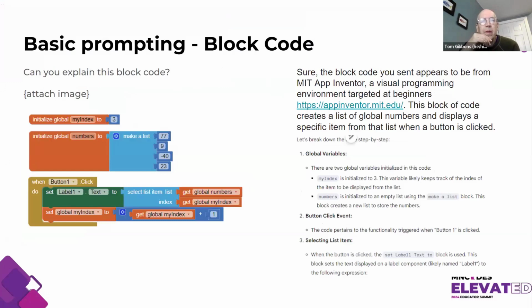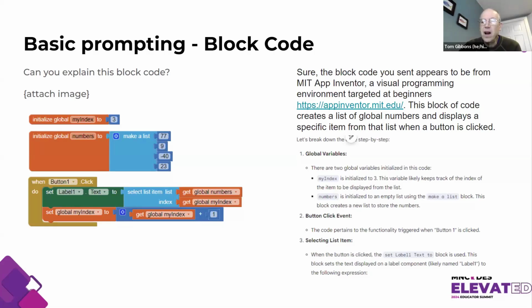I just want to talk a little bit about block coding. And again, at the keynote, they were doing micro:bit coding with blocks. We see this a lot, whether I'm using Scratch or this is mobile, this is MIT App Inventor for Android. So a lot of these places are using this. And